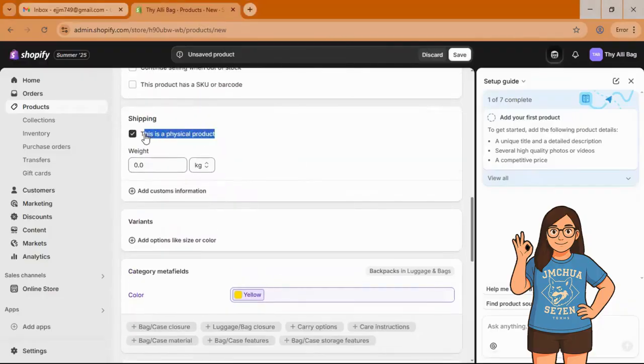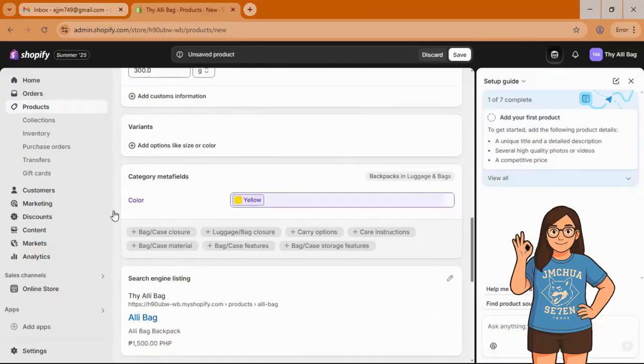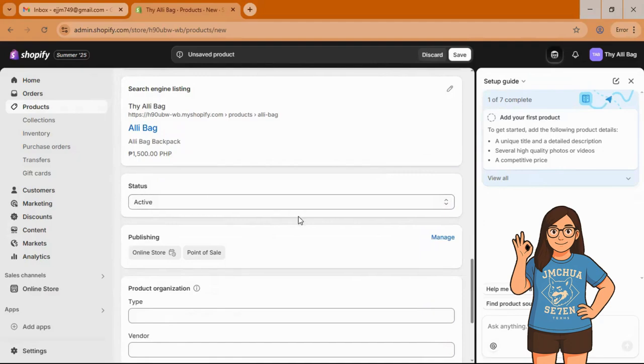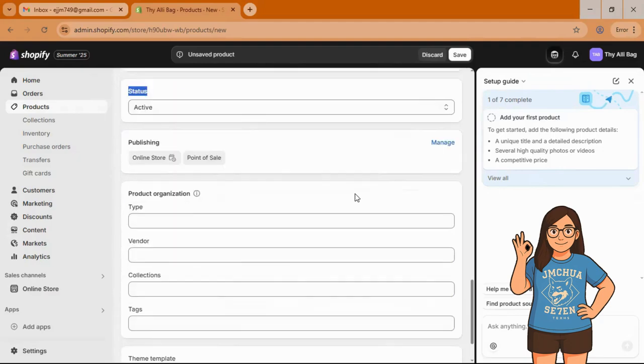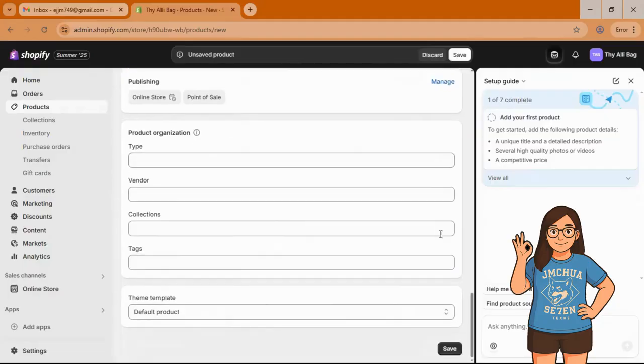This is a physical product. And then you put the weight here, let's say 300 grams. Okay, and then here you will see the color option or category. The status should be active. And then hit save here.